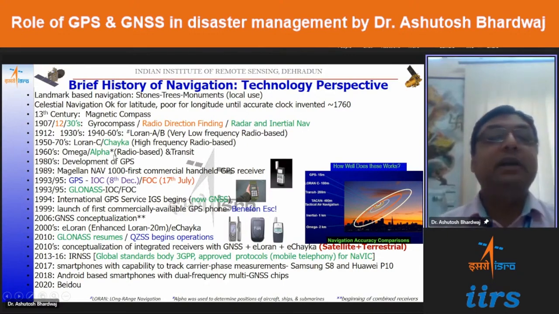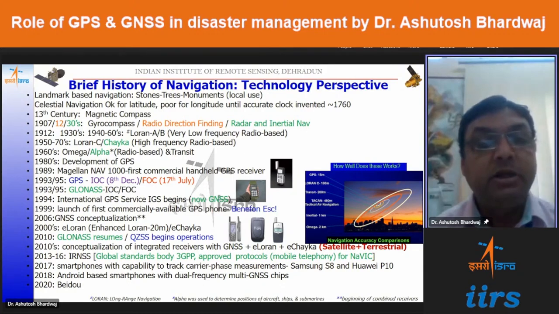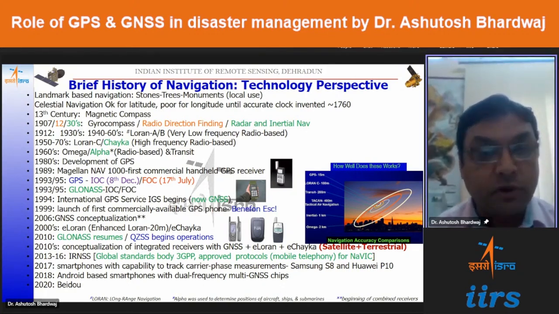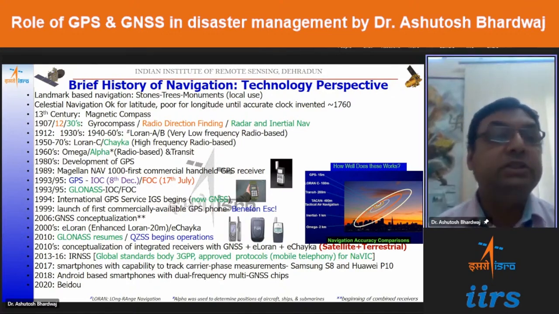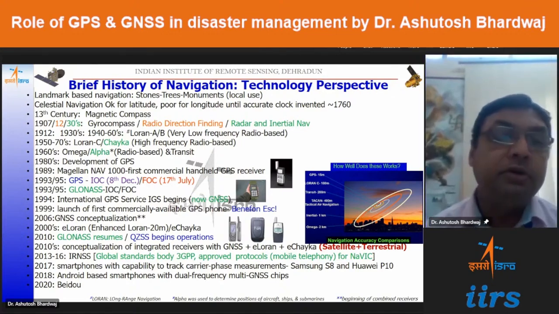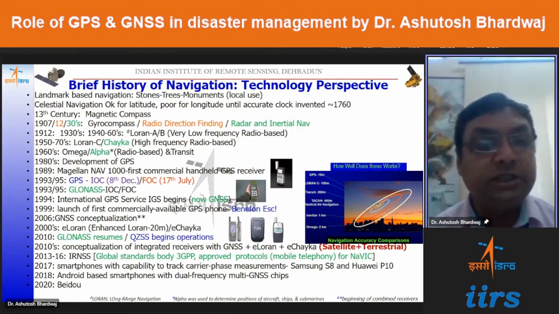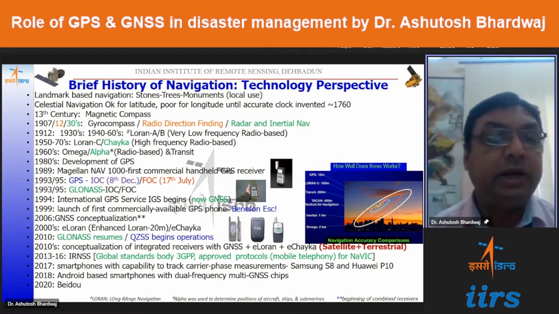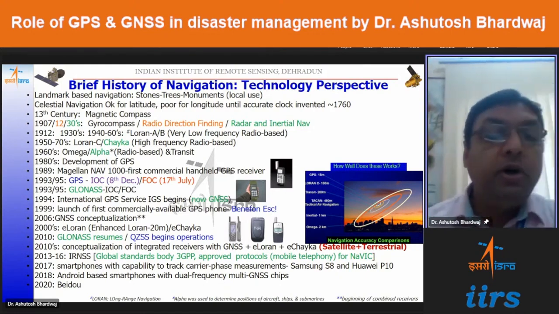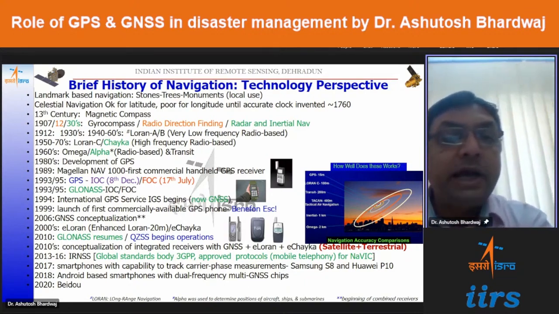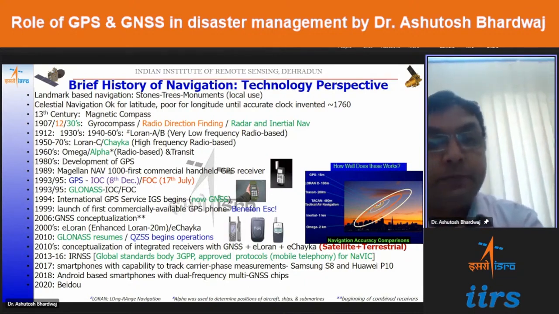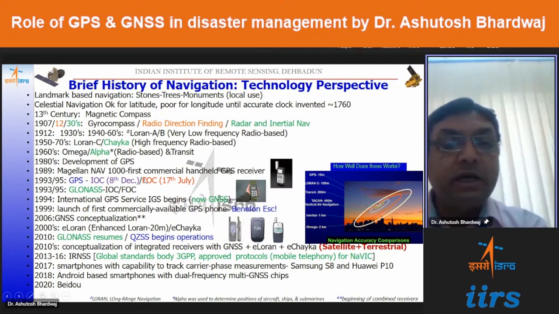So before the satellite-based navigation systems, there used to be tower-based, ground-based systems which used to assist us in navigation across the globe. Of course, the beneficiaries were limited because the technology was with few nations only. But the GPS has been provided to everyone, so it is being used by the majority of the population for their applications and benefits. So once the GPS has come,